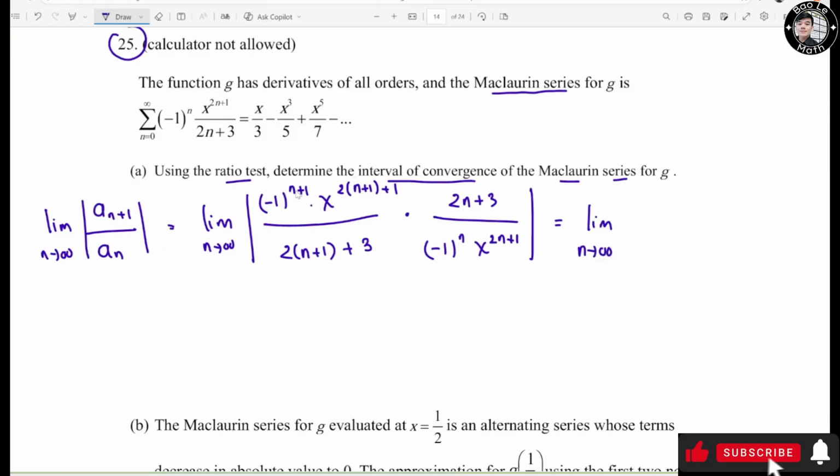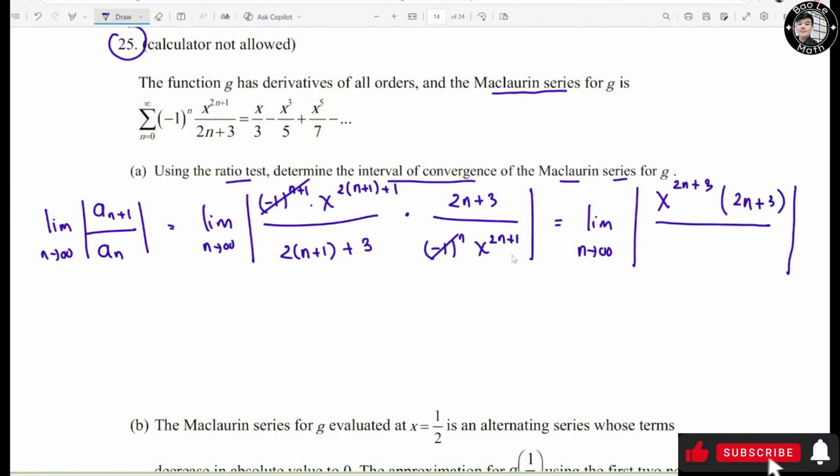Negative 1 raised to the n and negative 1 raised to the n right here cancel out, and you have negative 1 left. When you take the absolute value, it's going to be positive. So this guy right here is completely gone. Now the top becomes absolute value of s. Distribute this one, it becomes s raised to the 2n plus 3 times 2n plus 3